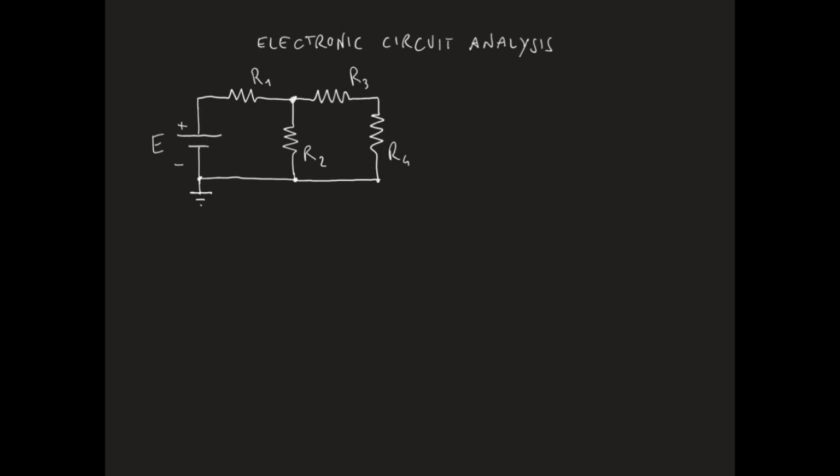Solving an electronic circuit means calculating all the currents in all the branches and all the potentials at all the nodes in the circuit. Kirchhoff's laws, together with Ohm's law, are the necessary tools to perform circuit analysis. Consider, for example, this circuit, including a battery, 4 resistors, and 2 loops. In order to fully solve the circuit, we need to find the currents I1, I2, and I3,